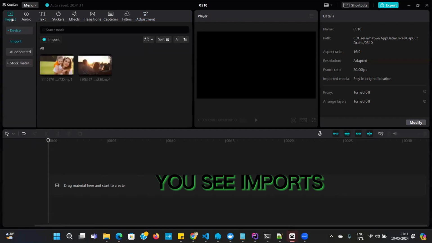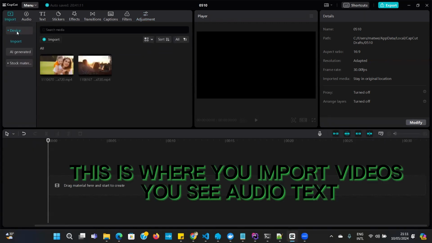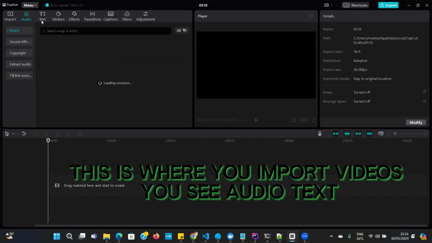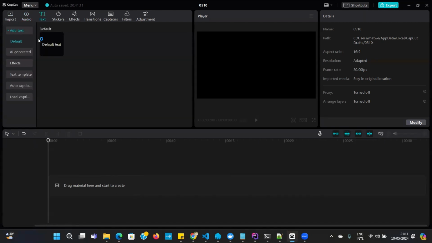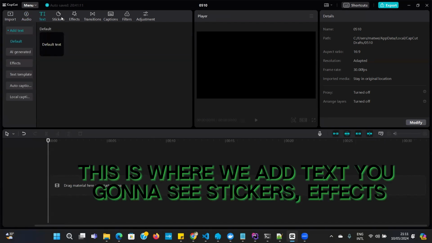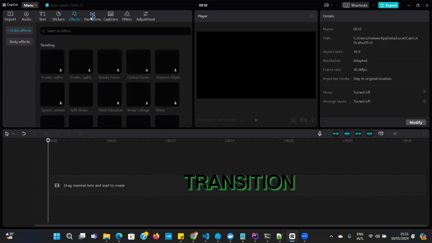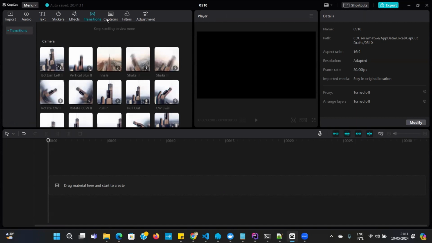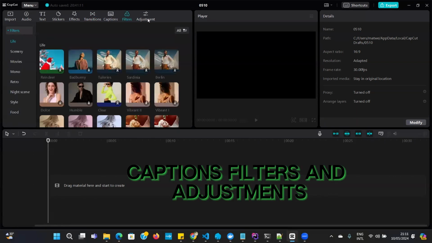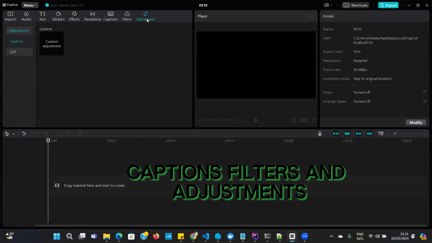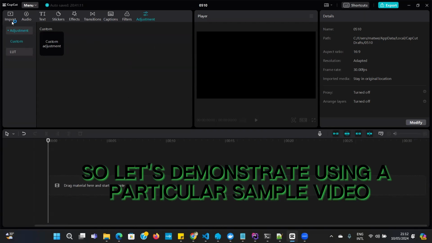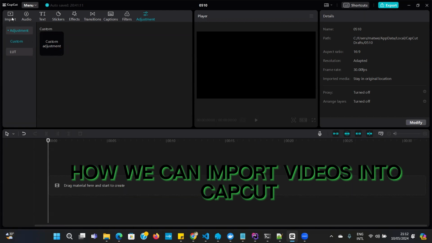You see import. This is where you import videos. You see audio, text. This is where we add text. You're going to see stickers, effects, transition, captions, filters, and adjustments. Okay, so let's demonstrate using a particular sample video how we can import videos into Capcut